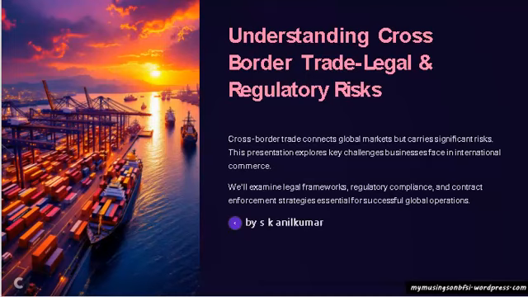Failure to navigate this complexity can result in severe losses, including fines, seizures of goods, reputational damage, and disruption of the operations.